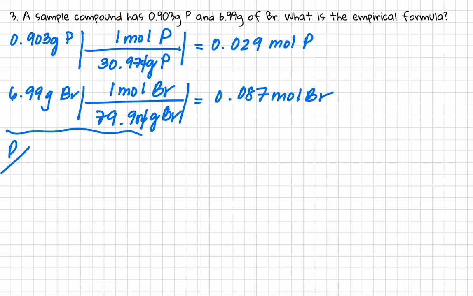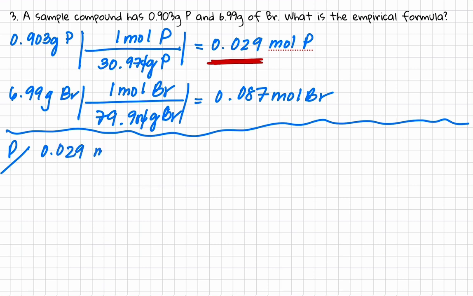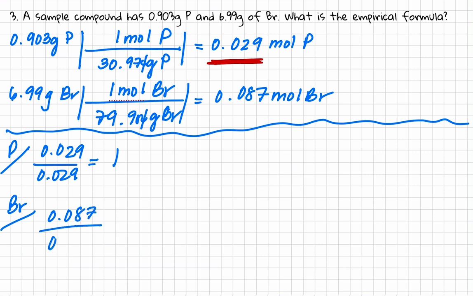Next step, divide by the smallest mole. The smallest mole here is 0.029. So 0.029 mole phosphorus divided by 0.029 is equal to 1. Then for bromine, 0.087 divided by 0.029 gives you 3. Therefore, the formula is